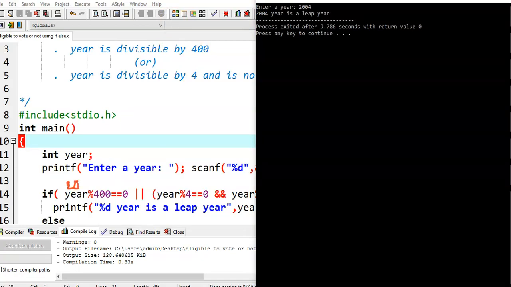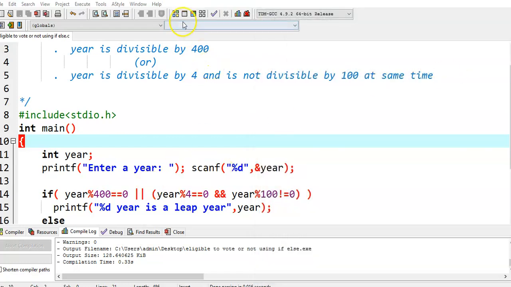Because 2004 modulus 400 is not equal to 0. That means the first condition failed. Now it goes for the second condition. Here the first condition has failed, so it goes for the second condition. That means year mod 4 is equal to 0. 2004 mod 4 is equal to 0. And this condition, year mod 100 not equal to 0,